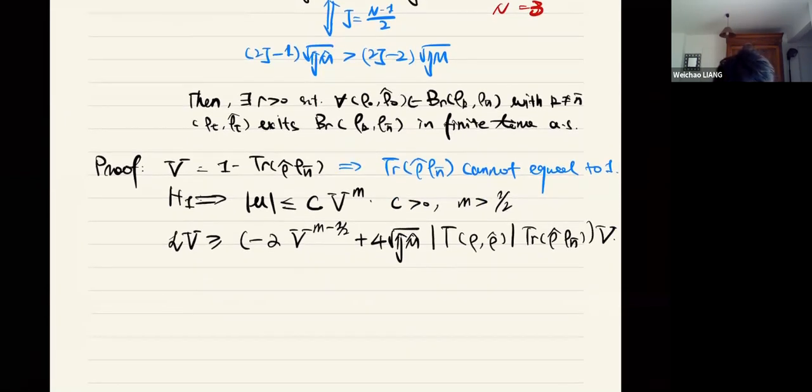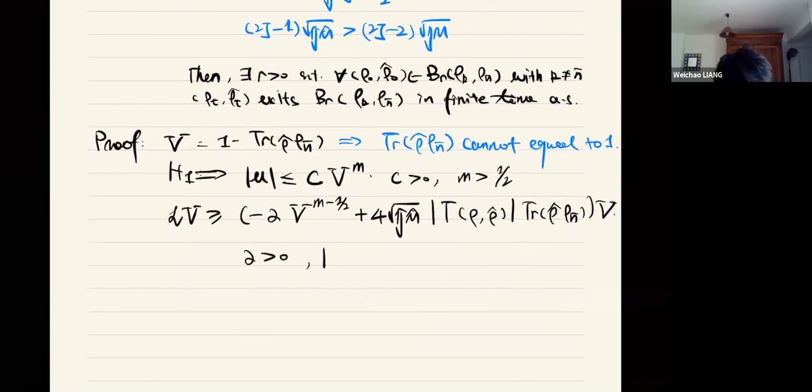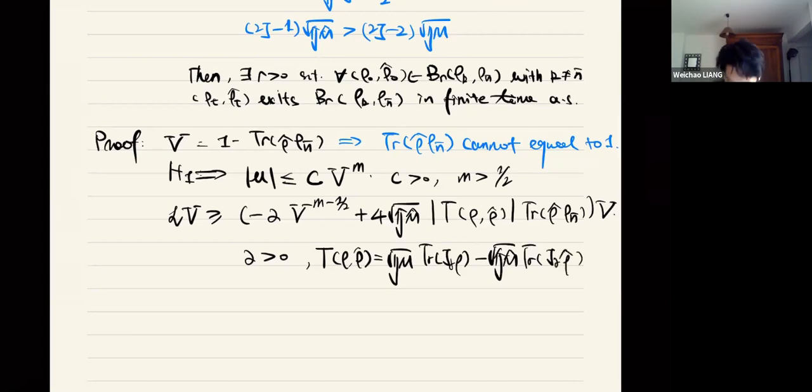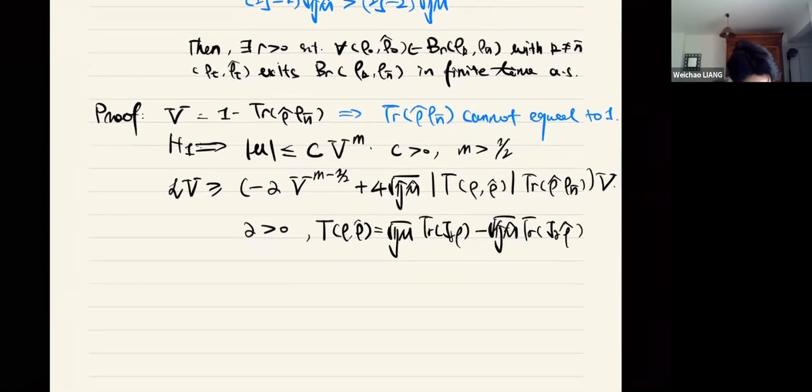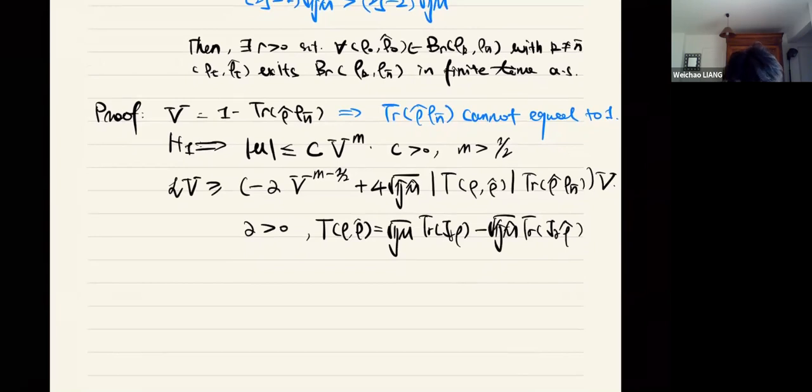And where alpha is some positive constant, and t equals rho hat. And then we calculate, we can see that here is LV in parenthesis and here is V. So we can calculate the limit,